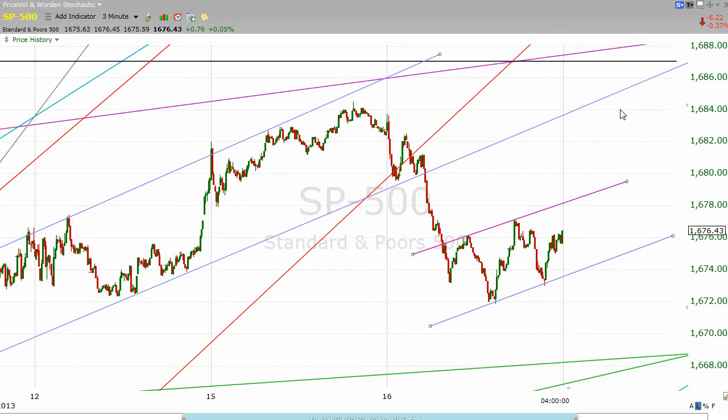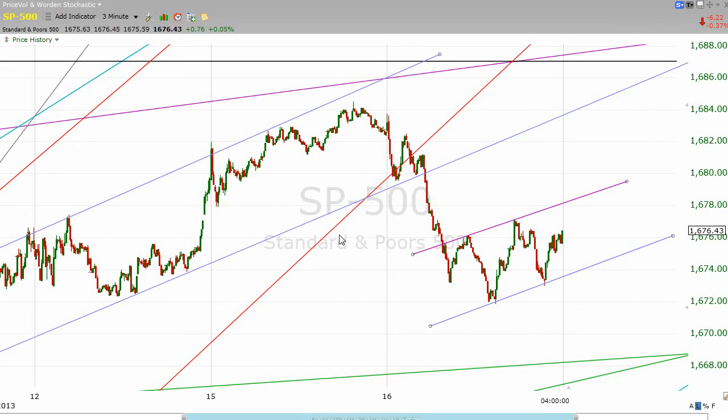So what's interesting to note is if this does end up being a little inverted head and shoulders pattern, and we do get above this neckline at some point tomorrow, and it would probably be fairly early on, then a back test of this little broken blue 5-minute channel could very easily allow for the S&P to reach 1687 without us having to make an excuse at some point for a technical trend line that did not do the expected thing.